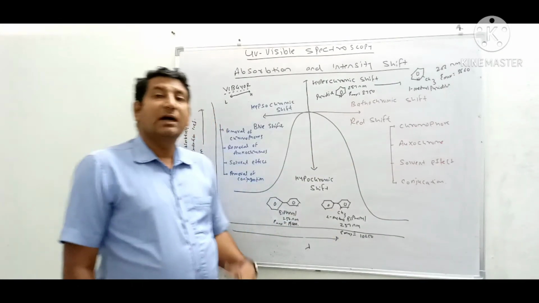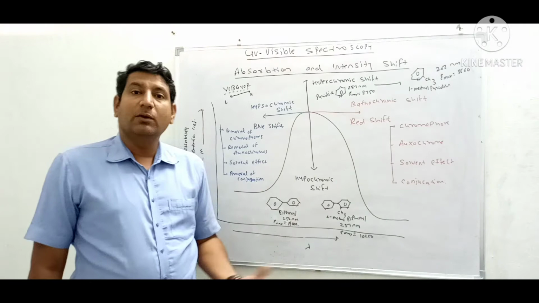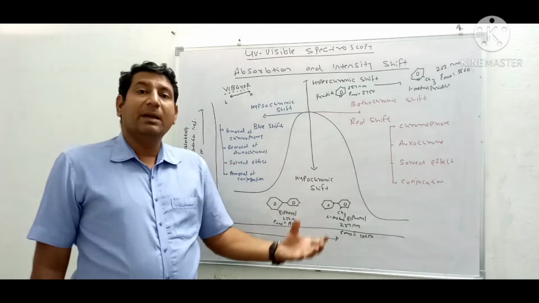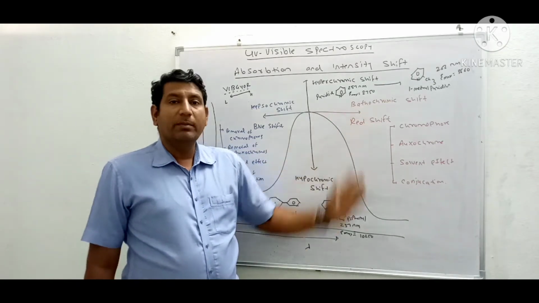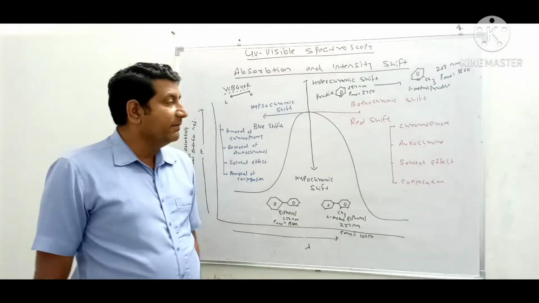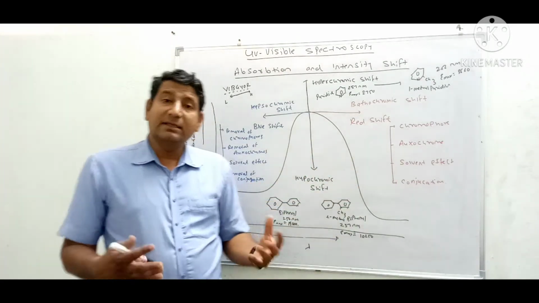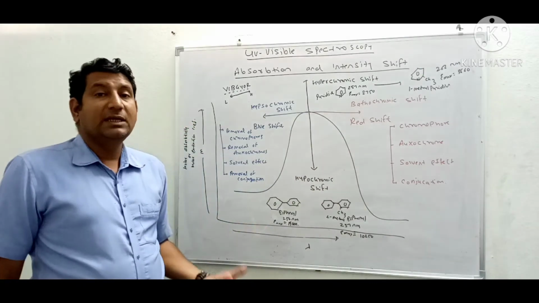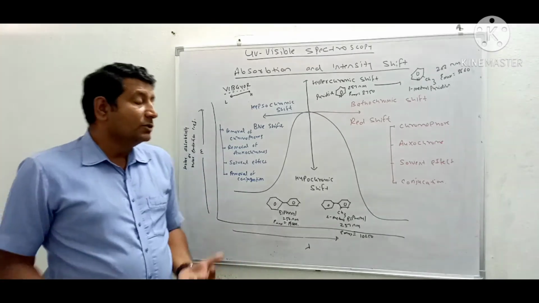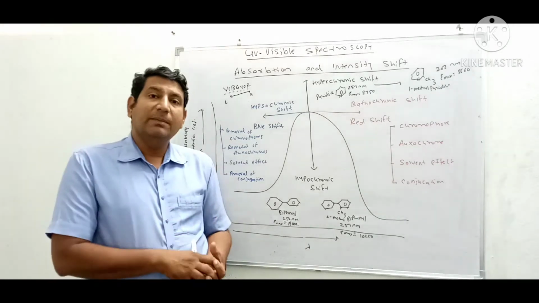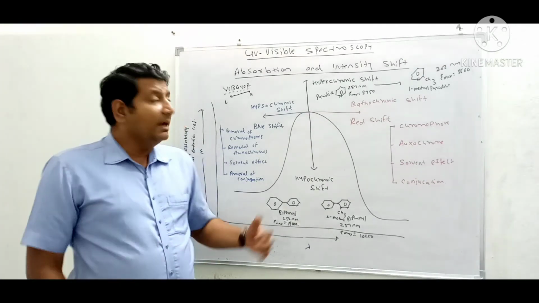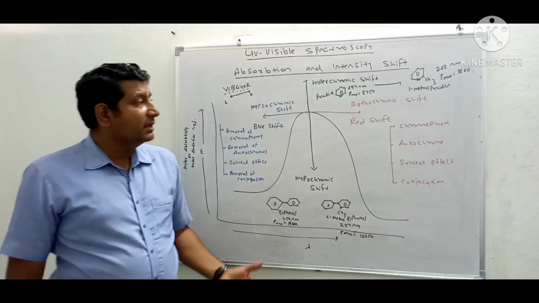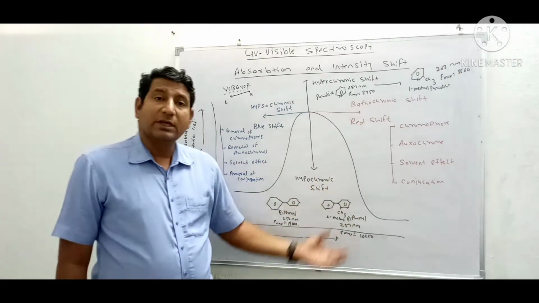Auxochromes are compounds which, when separate, do not absorb UV light or impart color, but when they are attached to any chromophore they increase the lambda max and again can cause bathochromic shift, like we studied in our previous lecture. We have also studied that some solvents like benzene, chloroform, carbon tetrachloride, etc. can cause an increase in lambda max. So if your organic compound is dissolved in such a solvent, then the lambda max is increased toward higher wavelength. Another factor which causes bathochromic shift is conjugation.